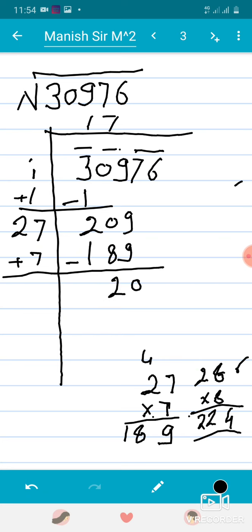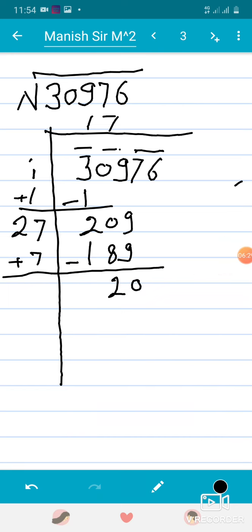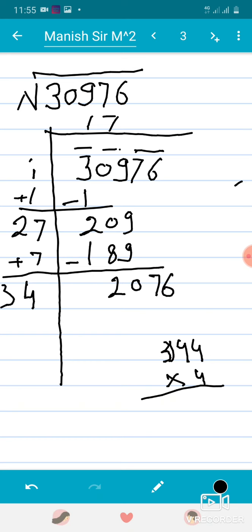And we bring down 76, the other pair, and here it is 7 7 4, and it becomes 3. Let us check with another number. Let's suppose we check with 4. 34 4, it becomes 344. Multiply with 4. 4 4s are 16, carry 1, 4 4s are 16, 17, 4 3s are 12, 13.